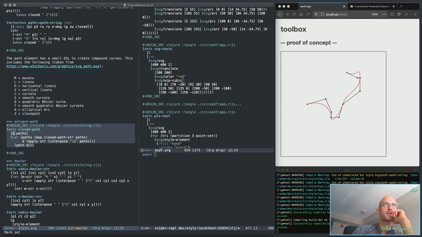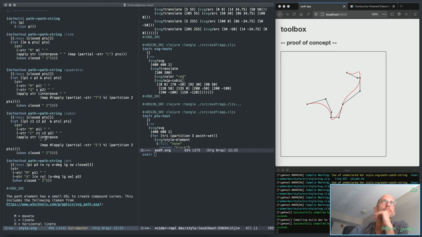Okay, closed path takes any number of paths, which is actually, yeah, no, that's fine. Okay, so paths, you have to map. Yeah, okay, so